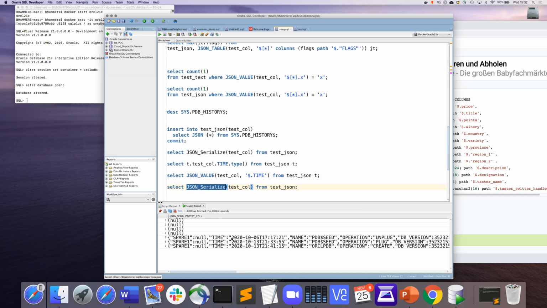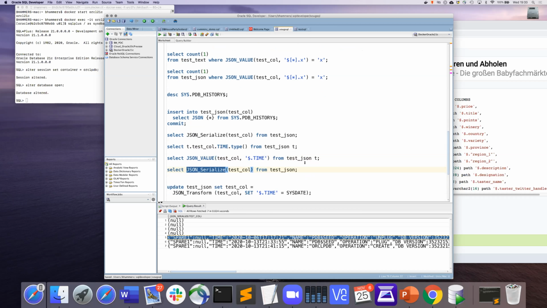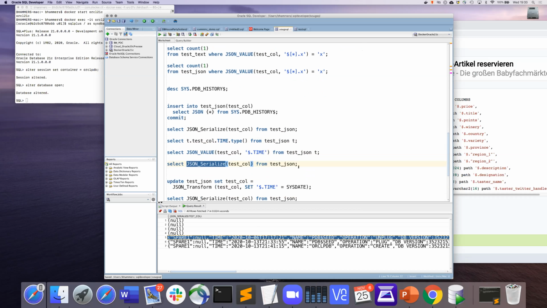So why do we preserve these types? Well, it's easy. If you use a client like Java, which has support for date, you can directly consume this JSON type and have a lossless mapping from the binary JSON to your Java date or Java timestamp, for example. It's only if you need to have this serialization into a string that you lose that type information. So at this point, if you receive this, you wouldn't know whether this came from a string or from a date. So this is a lossy conversion at this point.